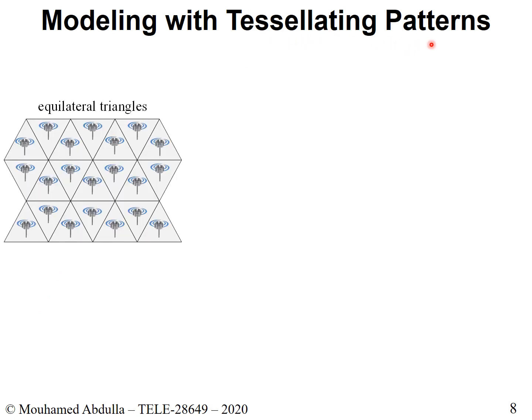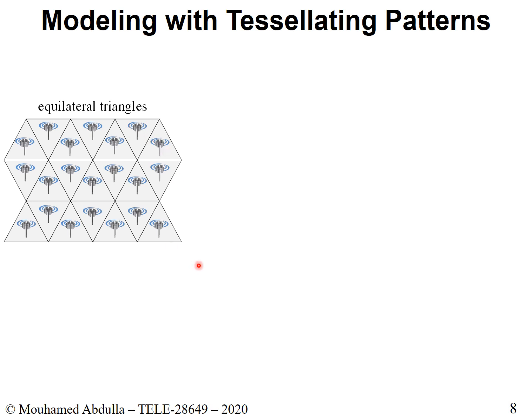So at this point, what we saw is two different types of cellular network modeling: either one type with overlaps, where the cells overlap, and the other type where there are coverage gaps. At this point, what we will see is one approach to model your cellular network using tessellating patterns. So we'll show it to you here. If you see here, this is one example of modeling a cellular network using tessellating patterns. And in this case, the tessellating pattern is an equilateral triangle. Okay, so you have a triangle here, and then within each of these shapes, you have your eNodeB.